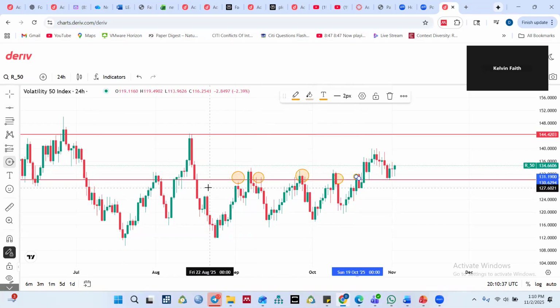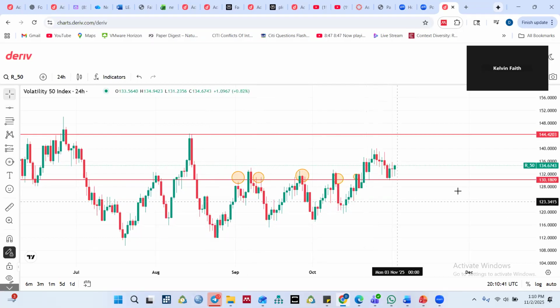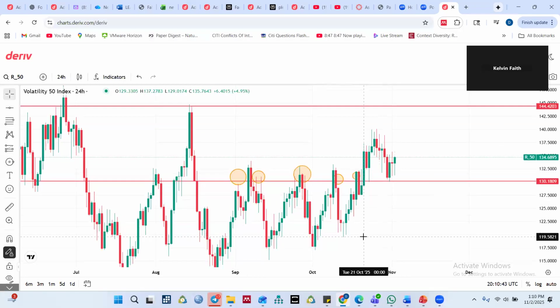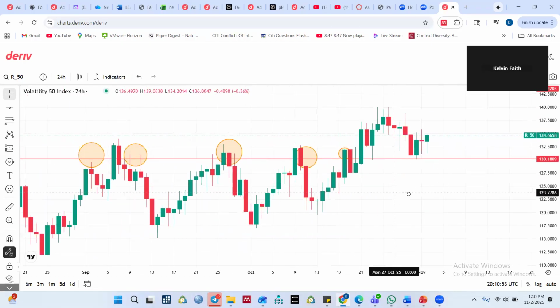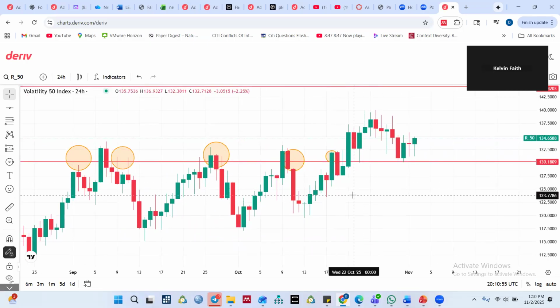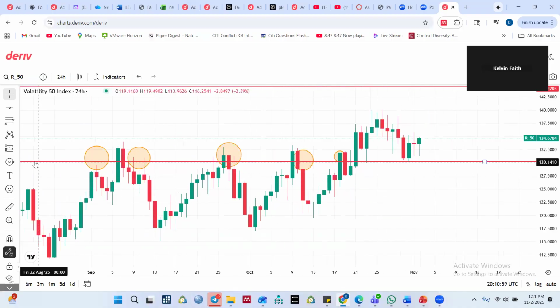Okay. So the only way that we can leverage around this resistance is to see the sellers become weak. How do we know they will become weak? We need a bullish close above the sellers. So within